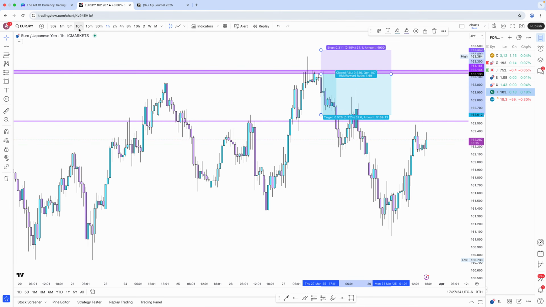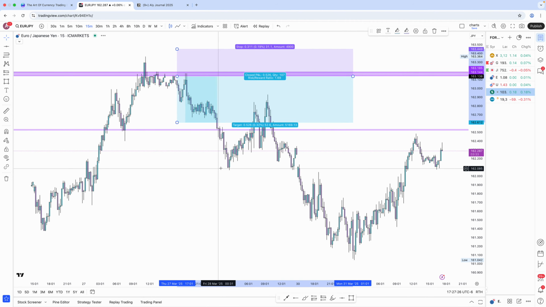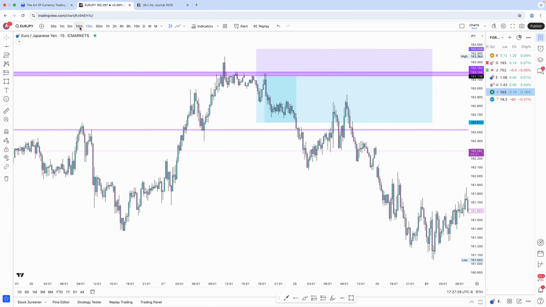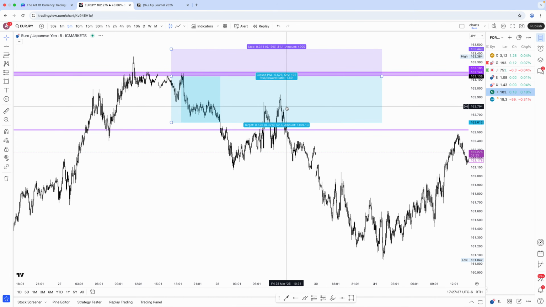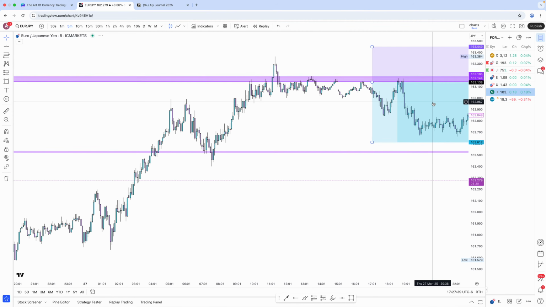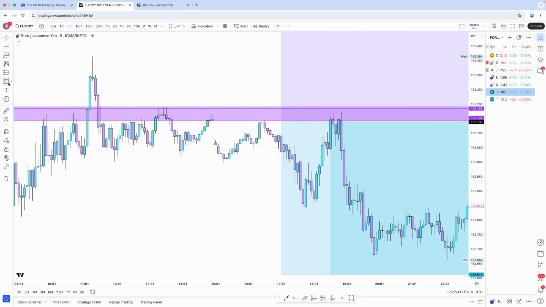So on a lower time frame, on a 15-minute, we would want to get more price action. The lower you go, the more price action you see. For example, if we wanted to enter at 138 on the 5-minute time frame, we're looking at two reactions. So 1, 2. In complete basic terms, people would think that this is a double top.